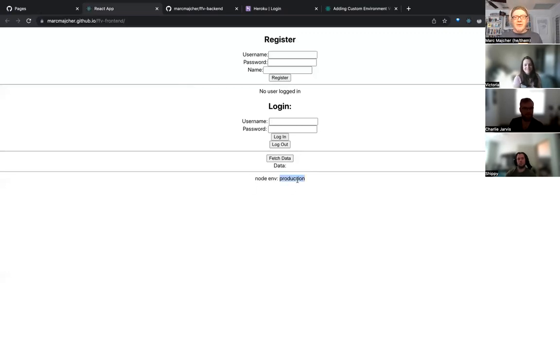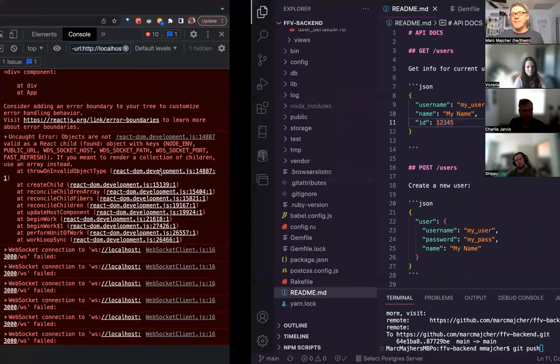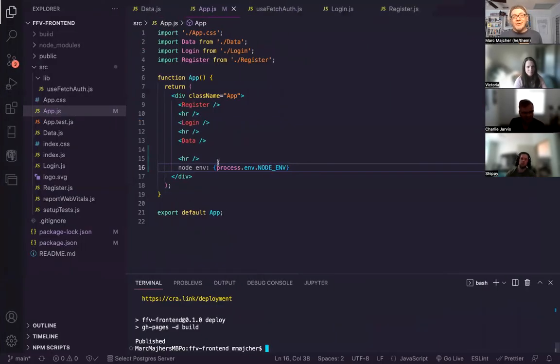Cool. So here we are, node N for production. And that is over here. And here's our localhost one, still development. So we can now use that